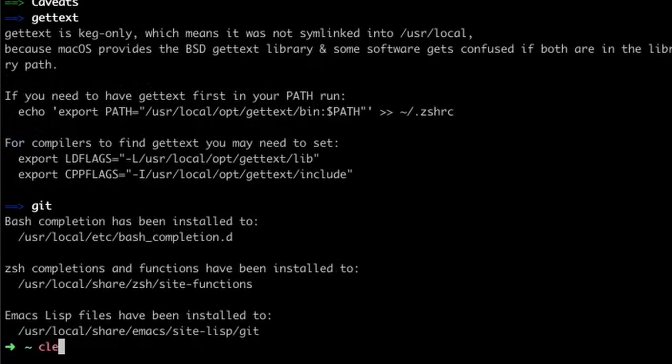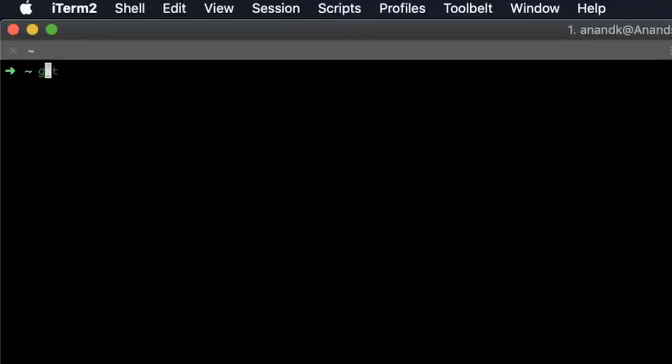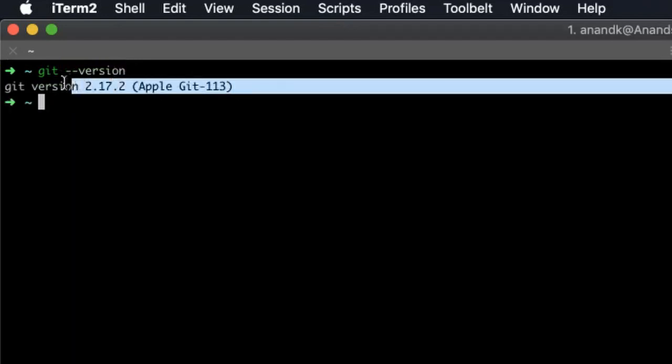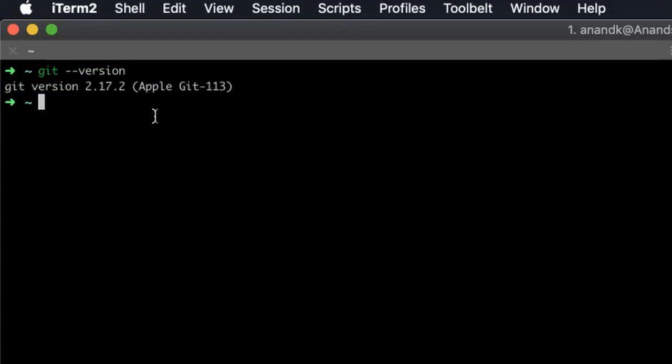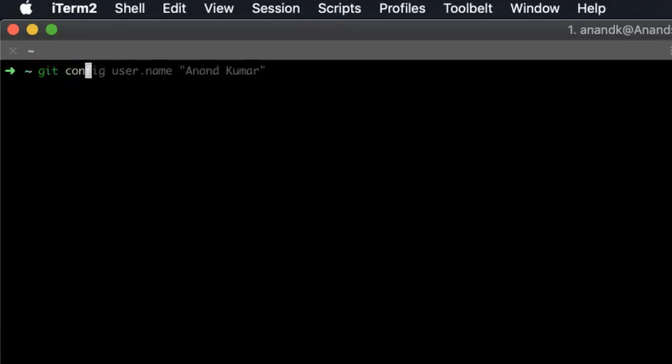Okay, so we are done here. Let's type clear, which will clear it up, and then check git double hyphen version. Hit enter. You can see it is showing I have git installed now. All right. So as I was talking about the configuration, to configure your username and email, which get